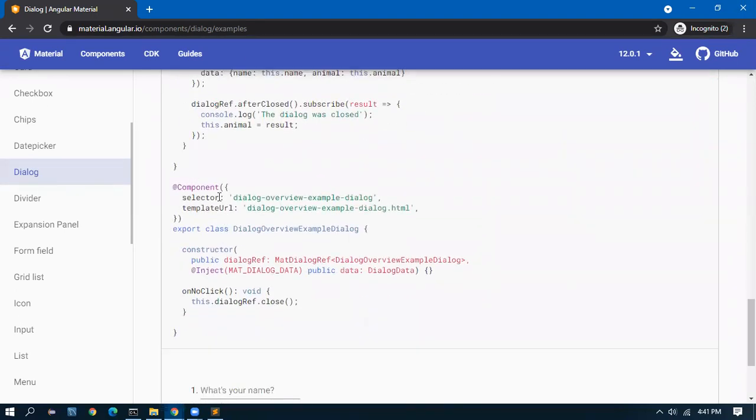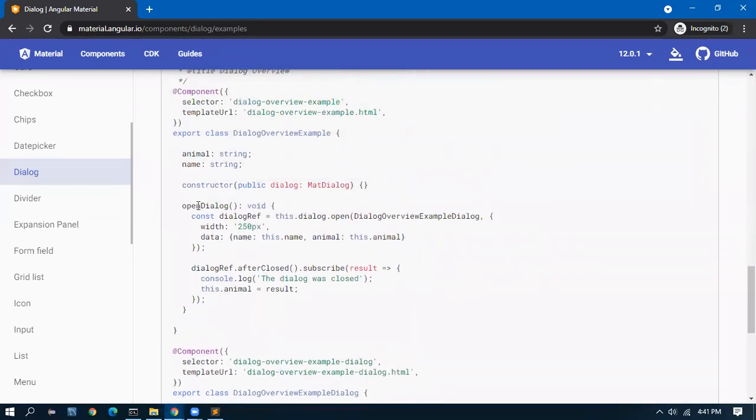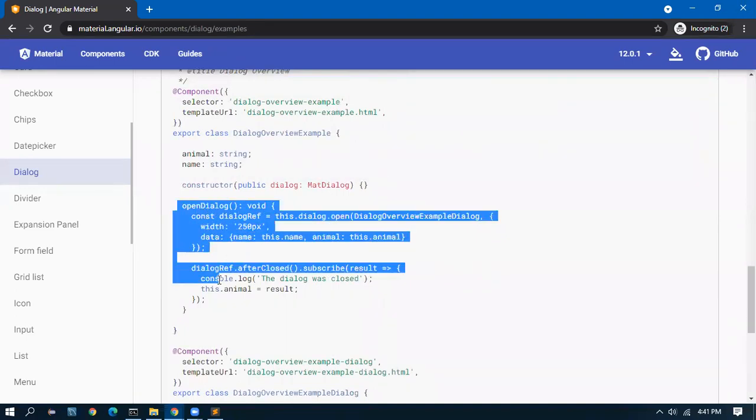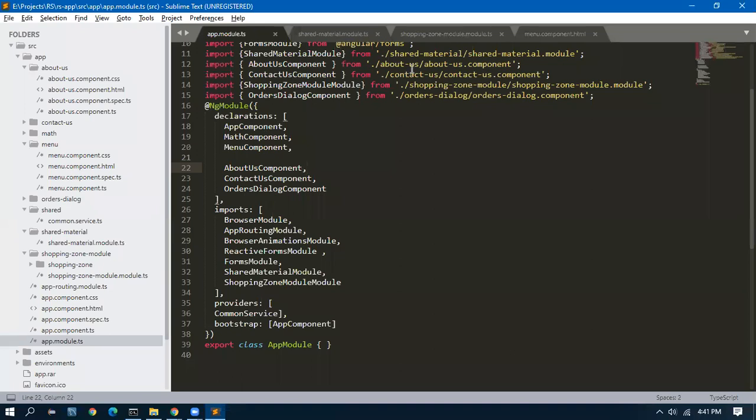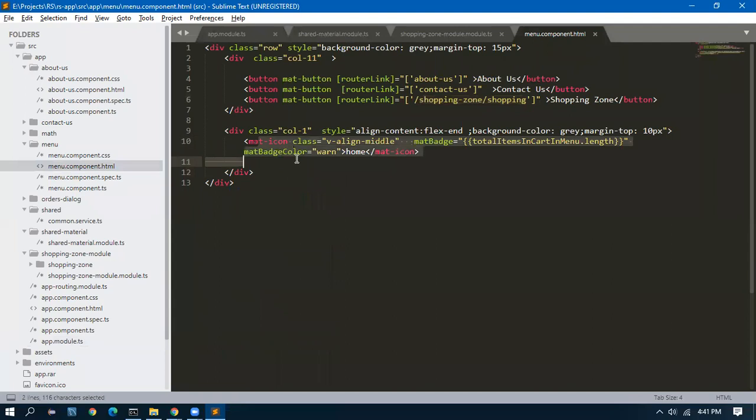Where is the method? Open dialog, here it is. So I will copy this method. I'll come to the code, menu component click. In the menu component only the dialog is here. So here I will write my click event.